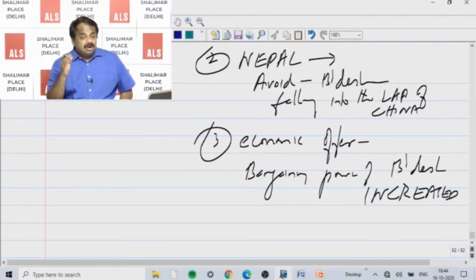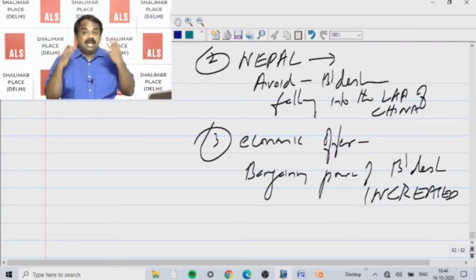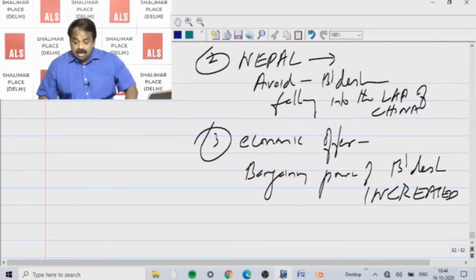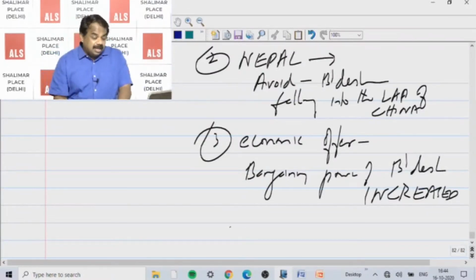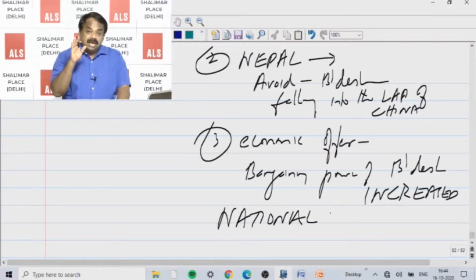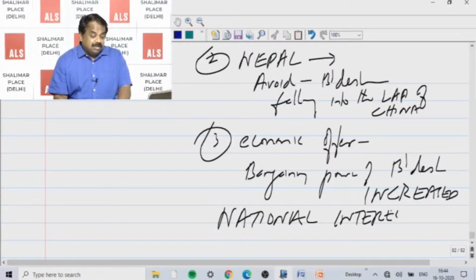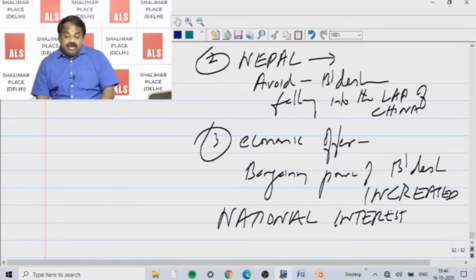And Bangladesh will not give up this economic offer, because that is a huge amount. $24 billion is much more than what they can imagine. They cannot even dream. So when China has offered, Bangladesh will always work in their national interest. They will always look into their economic interest, their win-win situation. So they will definitely be looking into their national interest, and we cannot be